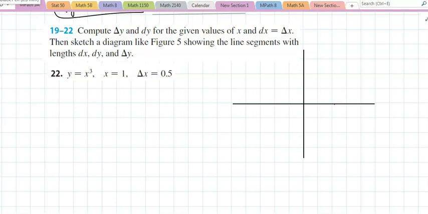On number 22, they want us to show what I've been talking about. They want us to show how those are the same and what you are really doing with respect to that. I already showed that, but here I'm going to show it a bit better. There's y equal x cubed. I'm going to really exaggerate the graphs a bit. I'm going to say this is 1, and let's say the graph runs